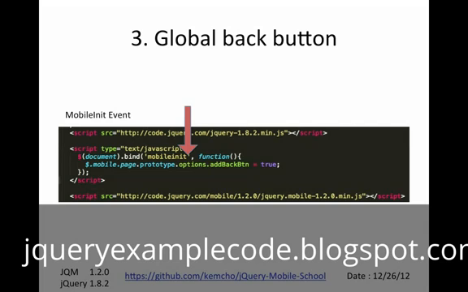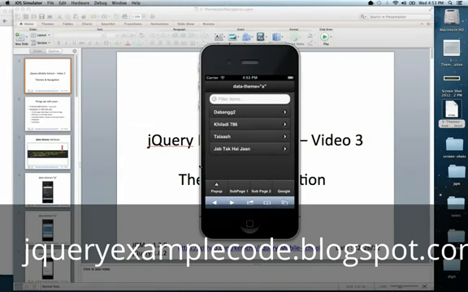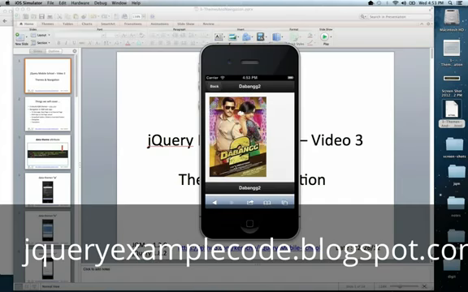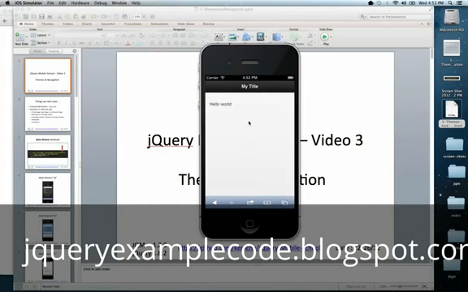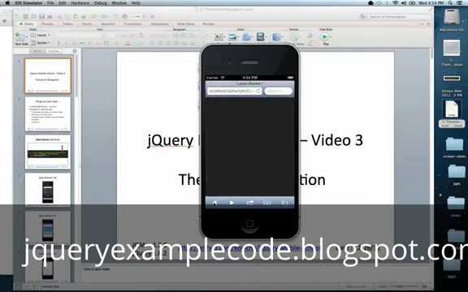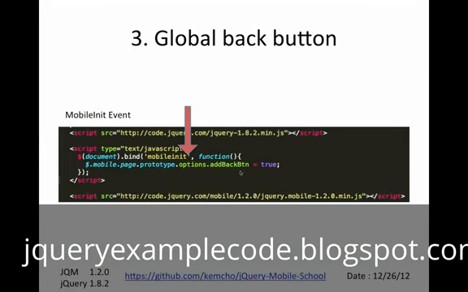And then the third important part is how do you add a global back button, right? So for example, I navigated to this page. In this page I already had an inline back button, that's why it shows. But in this page, I don't have a back button. The only way I can go back is by using the browser's back button. So I might want a back button here because it could be a native app in future, right? It could be a hybrid app, not a native app. So you can add a global back button by